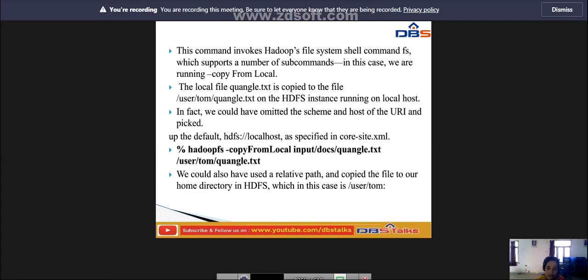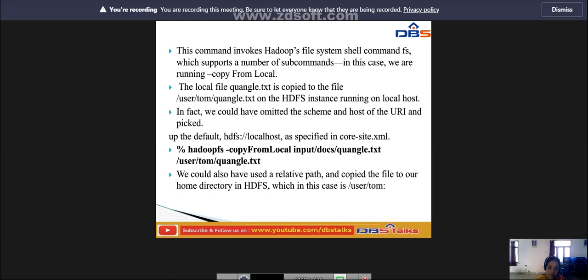I am giving /user/tom/quangle.txt on the HDFS instance running on localhost. In fact, we could have omitted the scheme and host of the URI and picked up the default hdfs://localhost, as specified in core-site.xml.